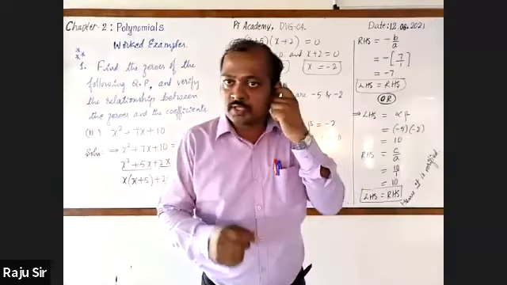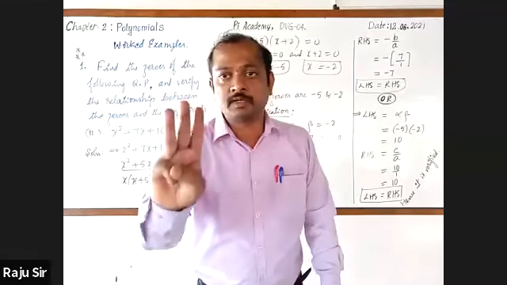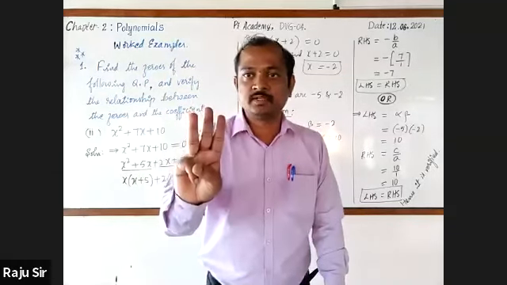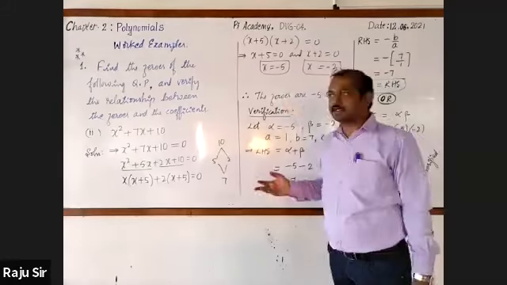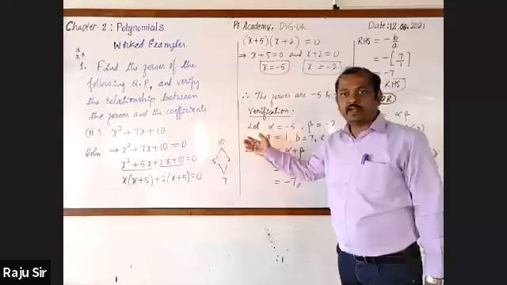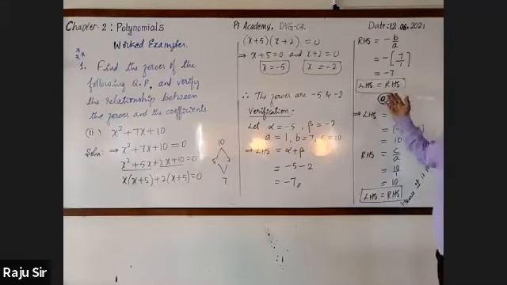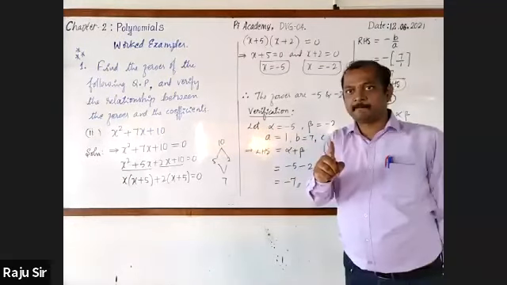Pranav, you had asked me, sir, how many marks will it be asked for? It will be asked for 3 marks. Even how they divide is 1.5 marks for finding the zeros, 1.5 marks for verification. Like this. Got it? Sir, should we verify both formulas, or only one?